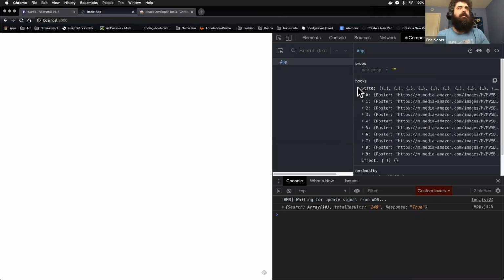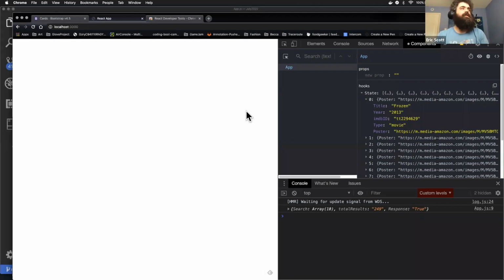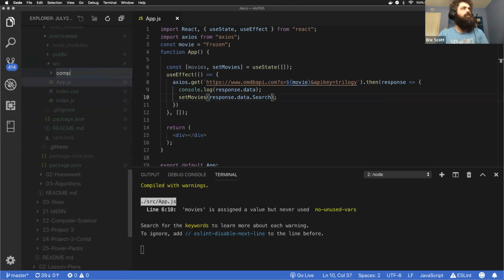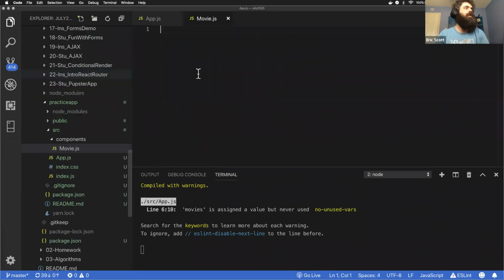So now I can look at my state, and my state has all of this information, and we're kind of doing the activity at this point, but let's go ahead and make another component. We'll call it movie. We'll say import React from React, function movie, return